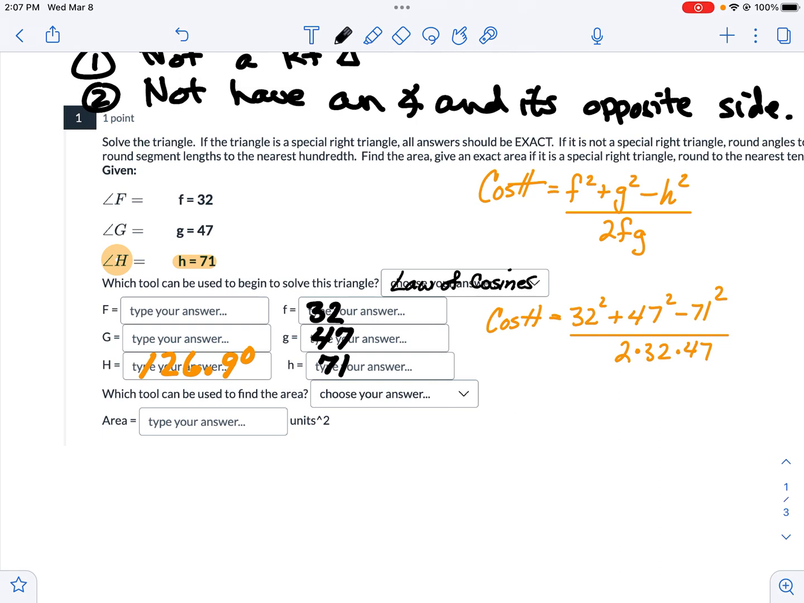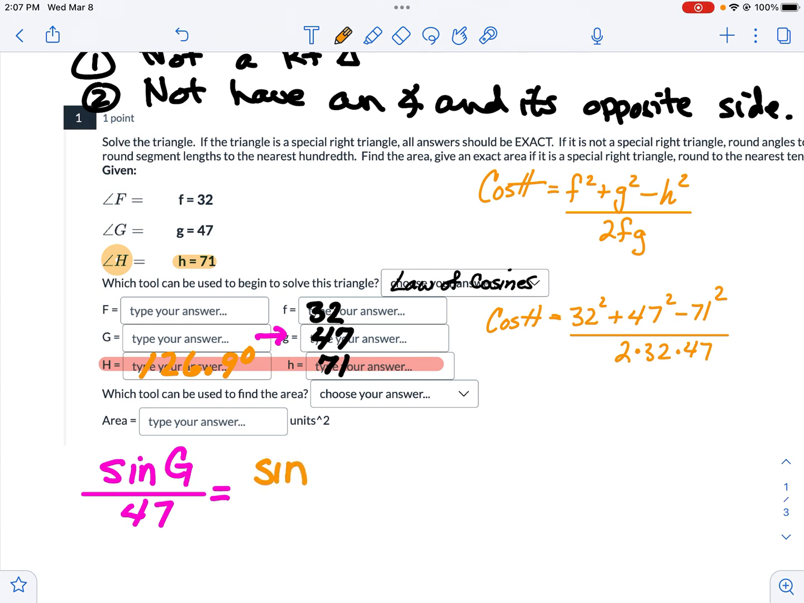Now, I can use law of cosines again to find angle F or to find angle G. Or I can use law of sines because now I have a match. So right here I have a match. If I want to use law of sines, I can. I am going to say sine of G over the side that goes with G, which is 47. See, they go together, is equal to